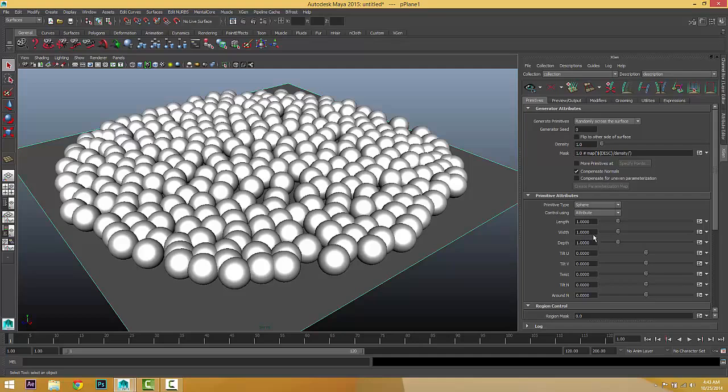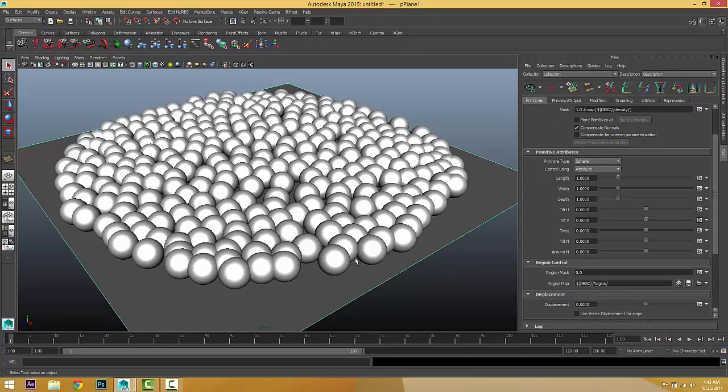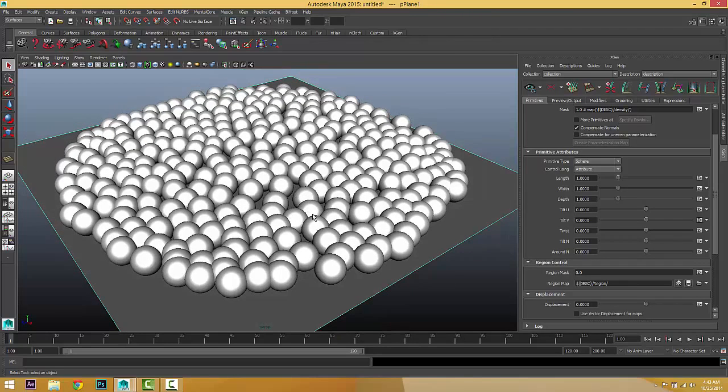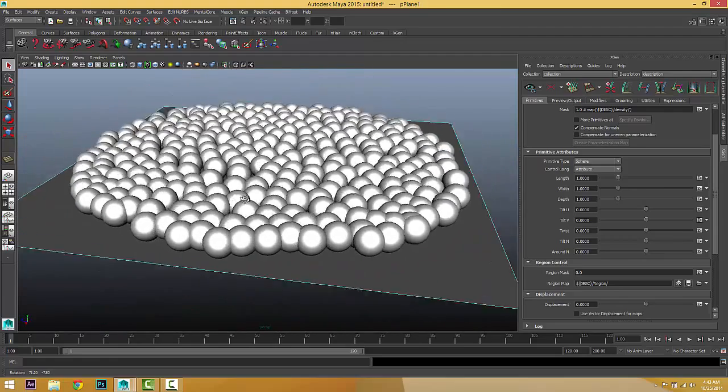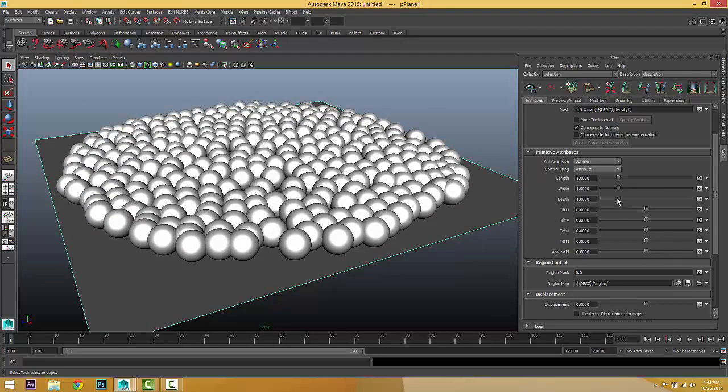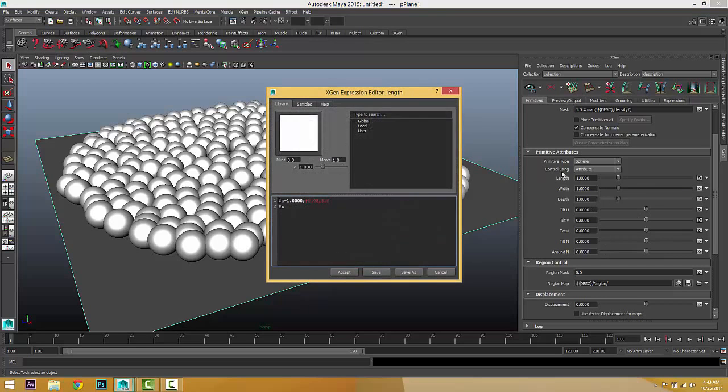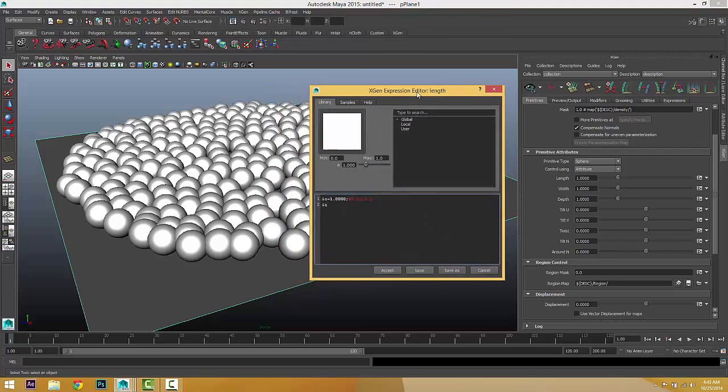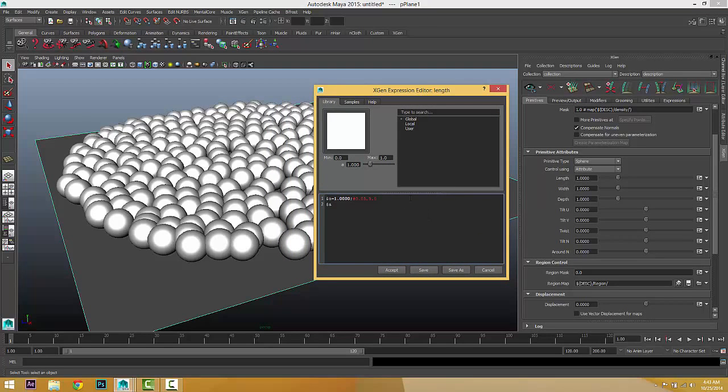All right, if you look at the primitive panel, for example, in the primitive attributes, we've got a bunch of attributes for these instances or for these primitives. For example, length, width, or depth, or any of these, you can change it through slider. Also, we can change it through expressions. If you click on this icon, the exchange expression editor for the length will appear, and it tells you